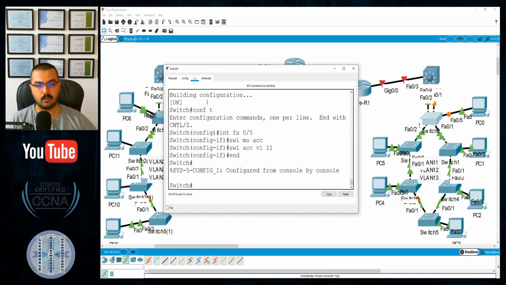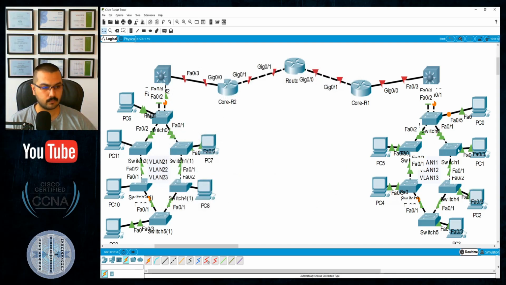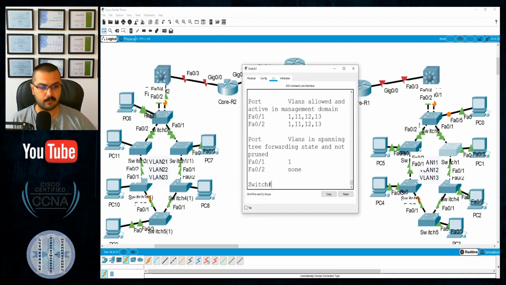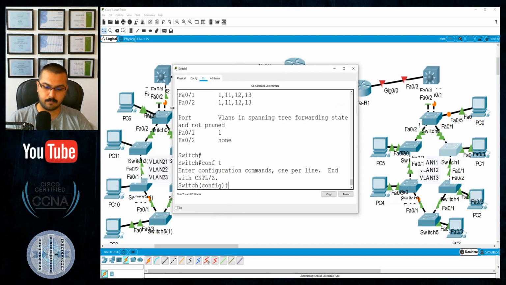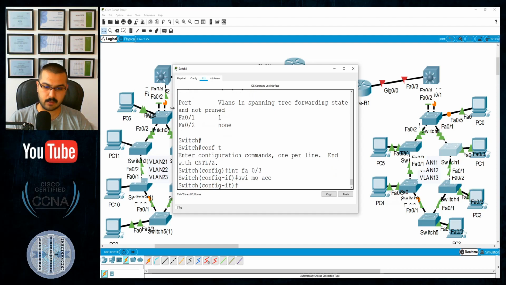And thank you, and escape that. Fast Ethernet 0/3 here for this switch will also be access to 11. So config t, interface fast Ethernet 0/3, switchport mode access, and switchport access VLAN